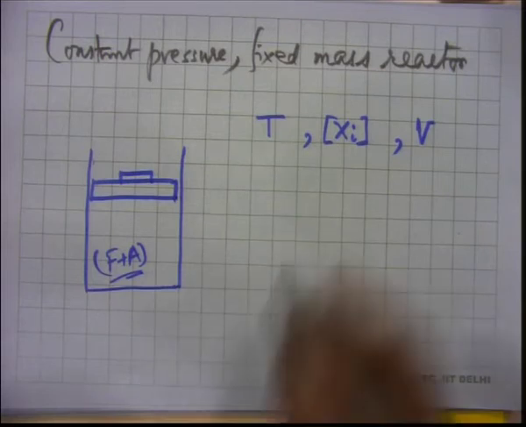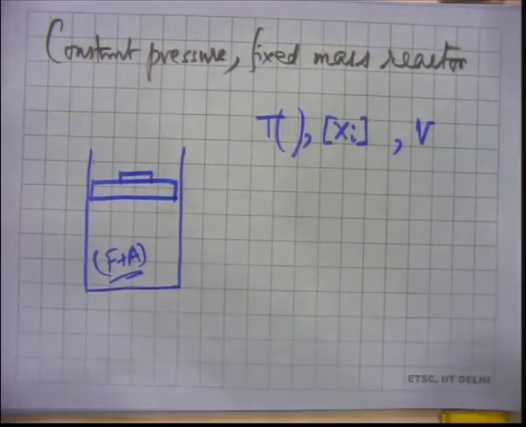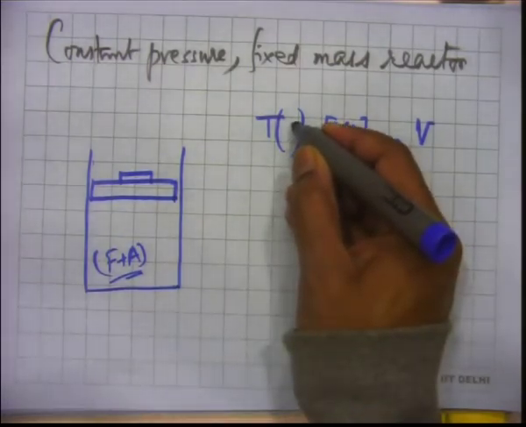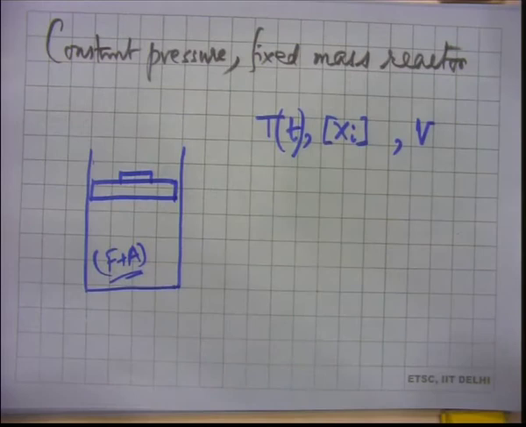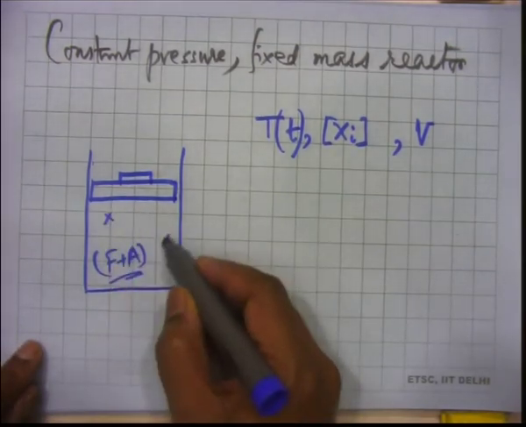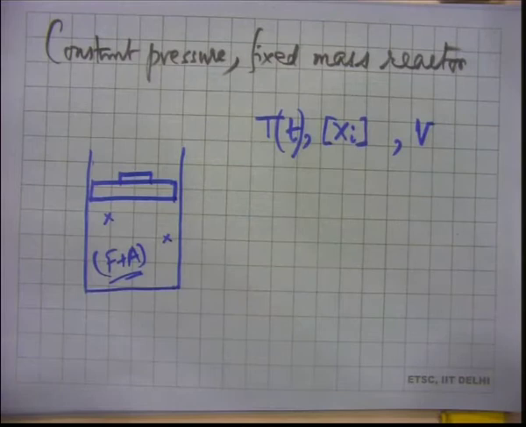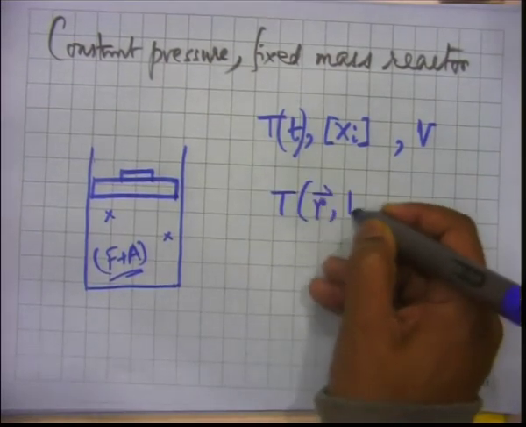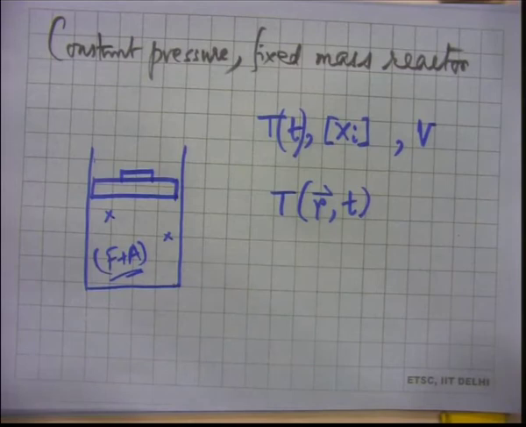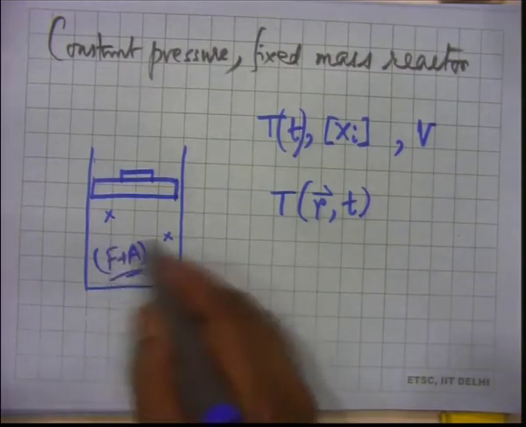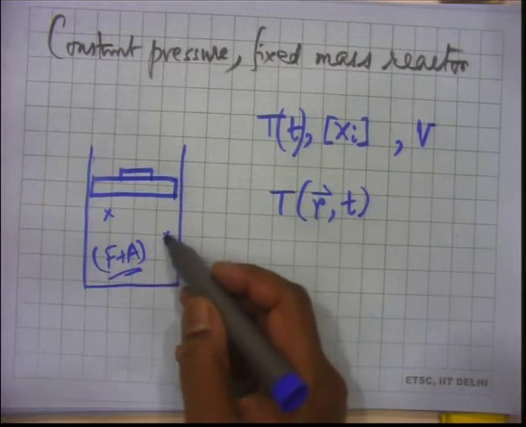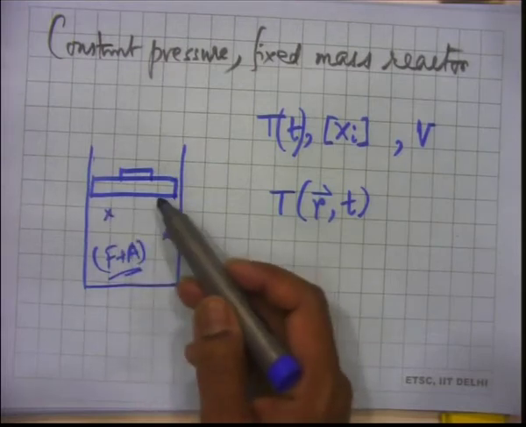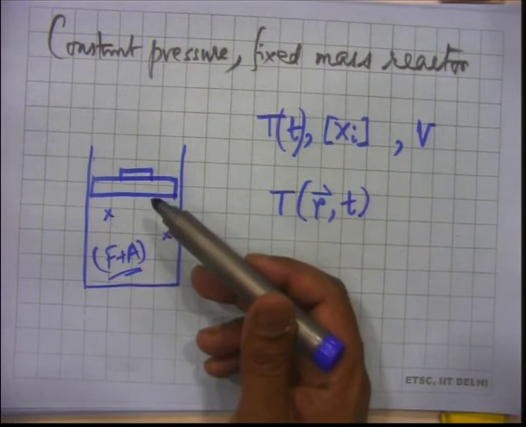Now, we are interested in temperature as a function of time. Okay. But shouldn't temperature also change from one place to another? Yeah, so actually we are talking about temperature as a function of a spatial variable and time, strictly speaking. Because if there is reaction taking place here, maybe the temperature here is higher than the temperature there or something. Okay, there is some variation, spatial variation of temperature.